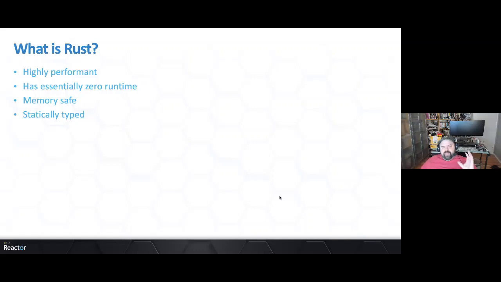And for long-running things in the background, that's not necessarily a problem, but for performance-critical things, for safety-critical things, we can't just have this garbage collecting thread kick in unexpectedly,